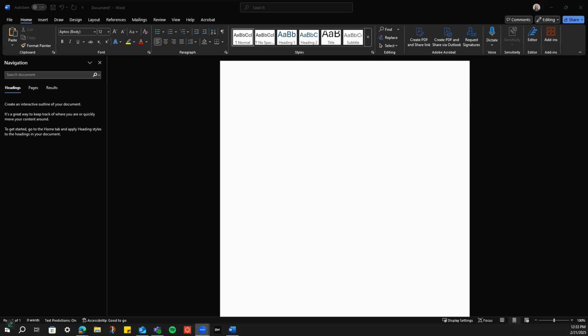So the first thing that I want to show you, I've got a brand new blank document opened here in Microsoft Word. All right. And this basically applies if you're using Google Docs or something else as well. But I'm going to use Word for the sake of universality there. Most places you're going to go are going to end up using Microsoft. So anyway,